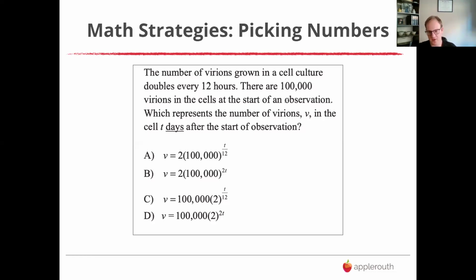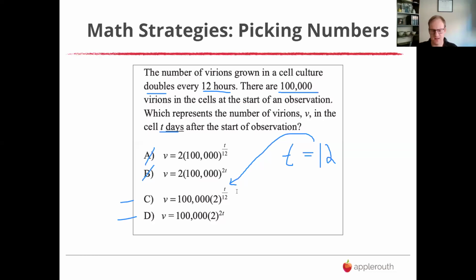You probably want to review exponential modeling, but our initial amount is always the first number. So like A and B just don't look right. A lot of people can get it down to these two. The 2 is a 200%, it's showing doubling. And then they're saying every 12 hours. So the way I would do this is, okay, in one day, T is 1, I would expect it to double twice. I plug it in here, well, that doesn't work. I don't actually get an exponent of 1 until I plug in 12.